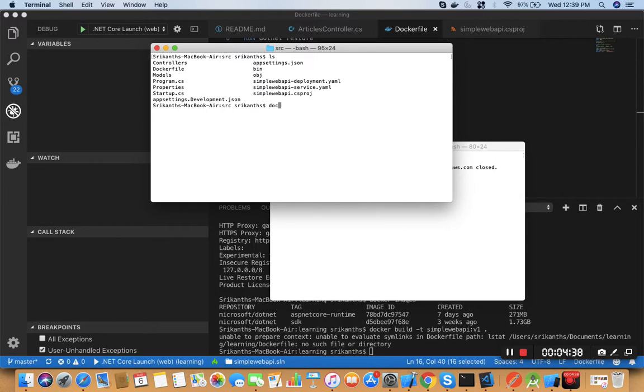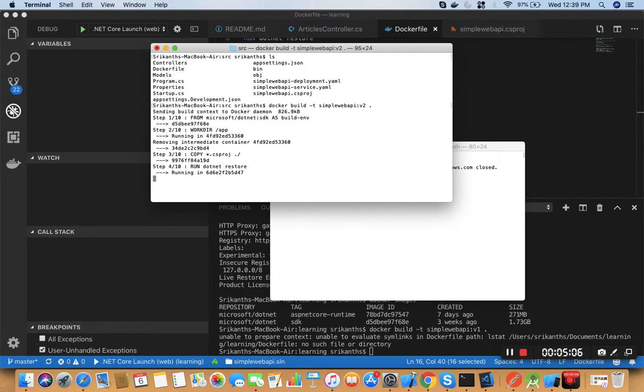So now let me do the same command, docker build -t simple web API. All this says is I want to call this particular image simple web API, and I want to tag a version to it. So I want to tag it version v2. And where is my Docker file? My Docker file is right in the same folder, so I use that as the context. When I do that, you should see